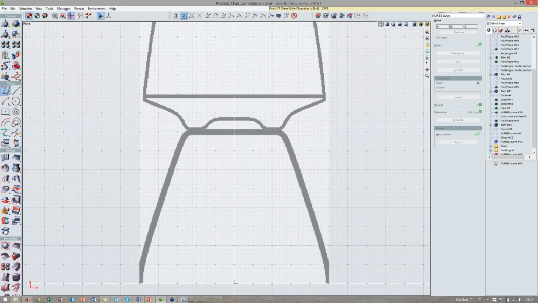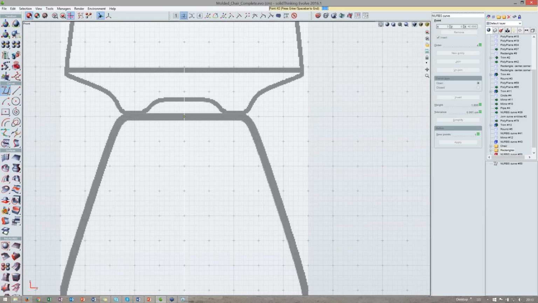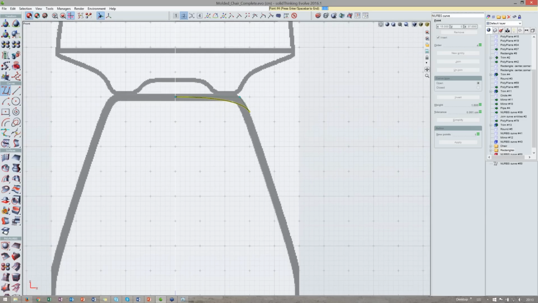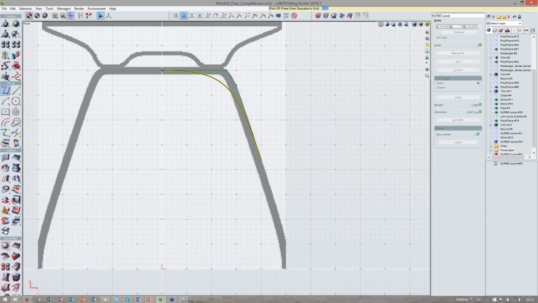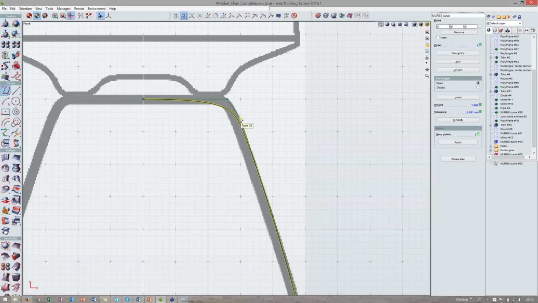So let's start by just drawing a simple curve here. So I'm just following, randomly following these lines. I don't want to do anything too precise or too constrained. It's just to show you